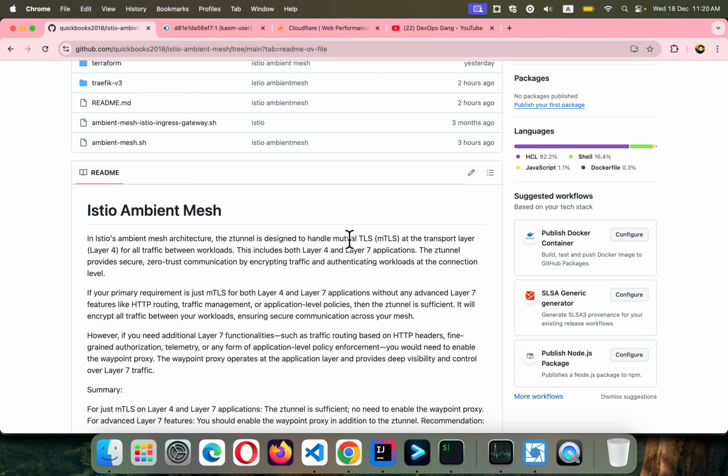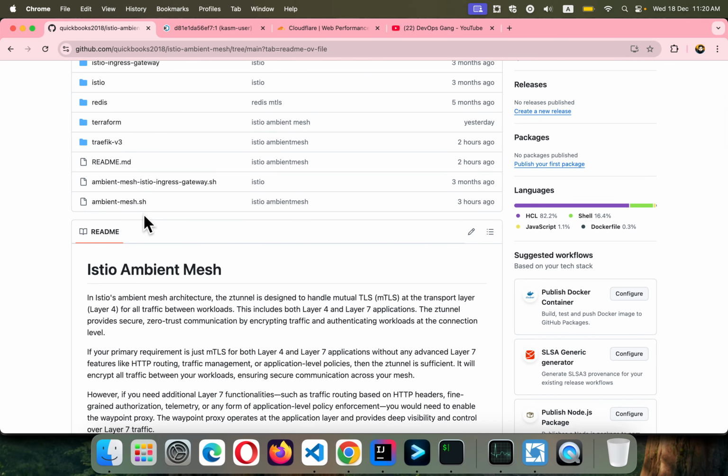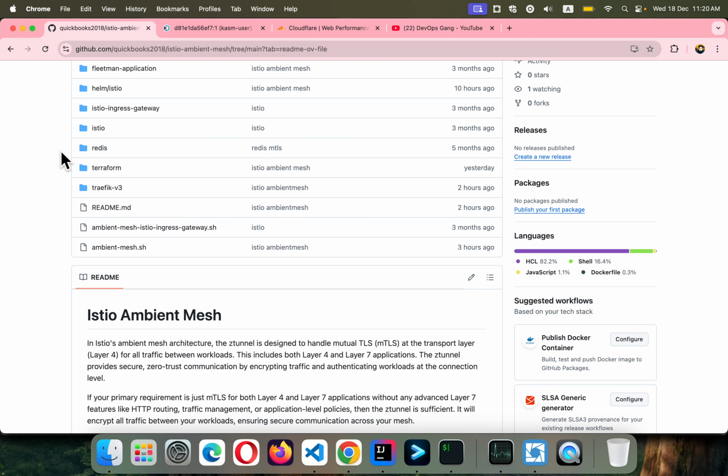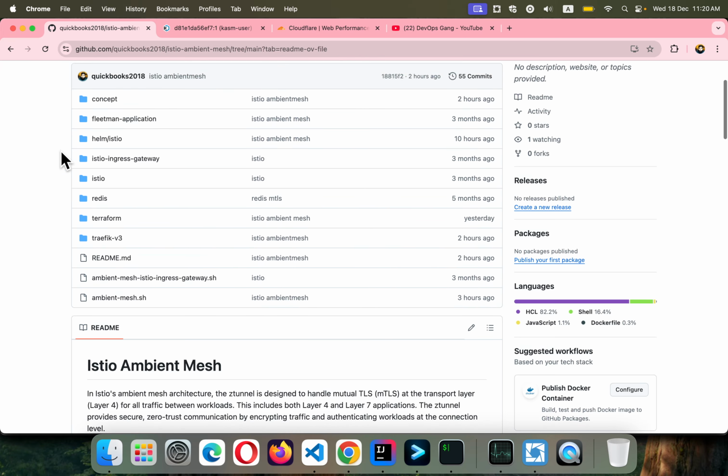If we are looking for just the simplest way to get layer 4 and layer 7 mTLS encryption inside our cluster, this is the way to do it. And one of the powerful features that ambient mesh, or the Istio 1.24.1 release, has, we will see that, right? So guys, what we are going to do is simply navigate to this section, helm Istio, and here we have